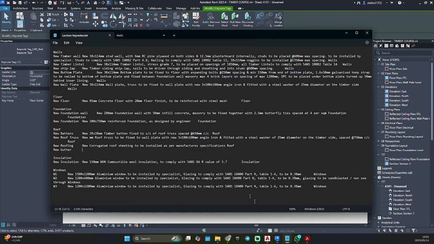So now I have to go back, new gutter, because it's only that. So now we're going to say new 125 by 125 millimeter aluminum gutter to be installed.